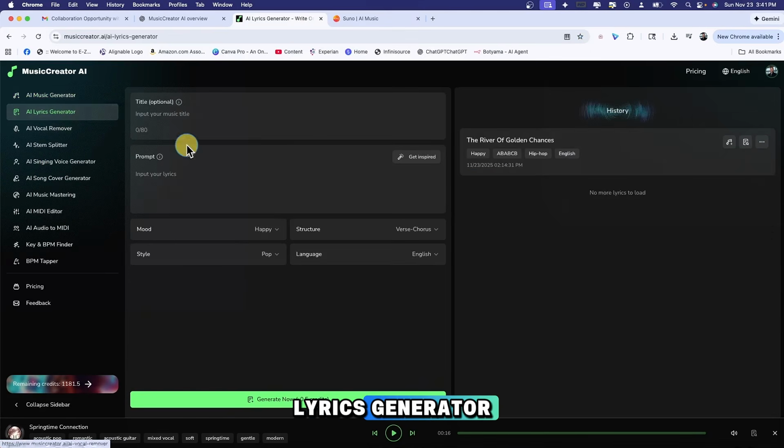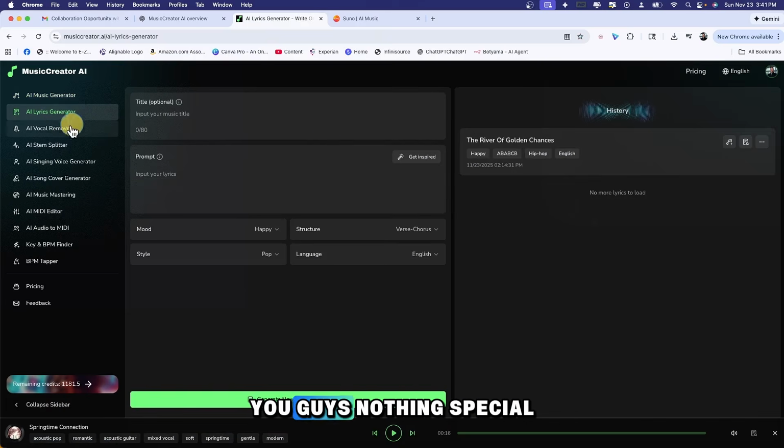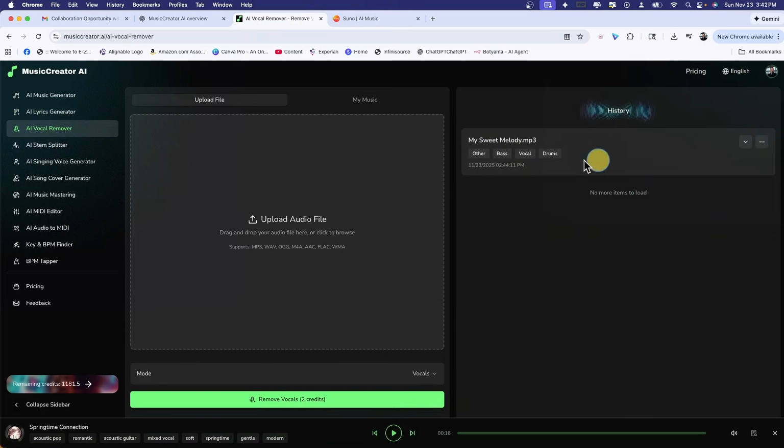AI lyrics generator. This is just your standard lyric generator, you guys. Nothing special about this. AI vocal remover and